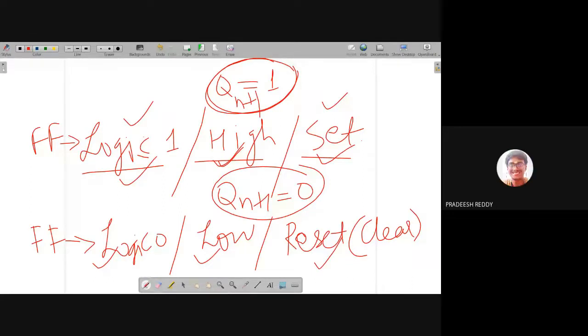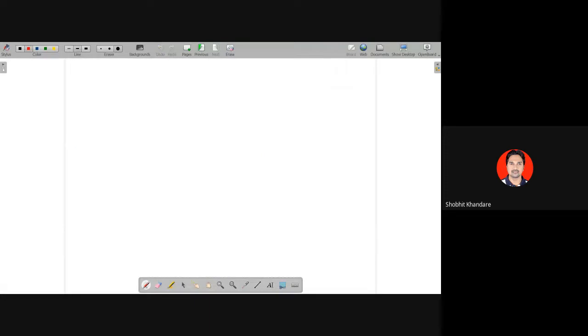Yes, sir. Okay. Now here, one more important thing we should understand about the flip flop, that flip flops are commonly used in shift registers and counters. As I explained, if I am using more than 1 flip flop, that means I can store more than 1 bit, because 1 bit is equal to 1 flip flop. If I have to store 2 bits, then it is equal to 2 flip flops. So if I am going more than 1, then it becomes registers.